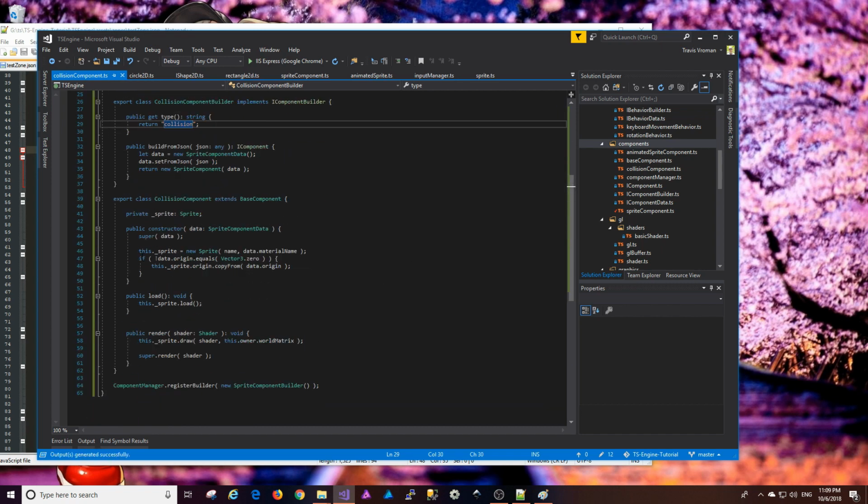On the component itself, we're going to replace sprite with shape, and this is going to be an IShape2D, and this is actually going to be CollisionComponentData that gets passed into the constructor, and we're going to say this.shape equals, let's see,